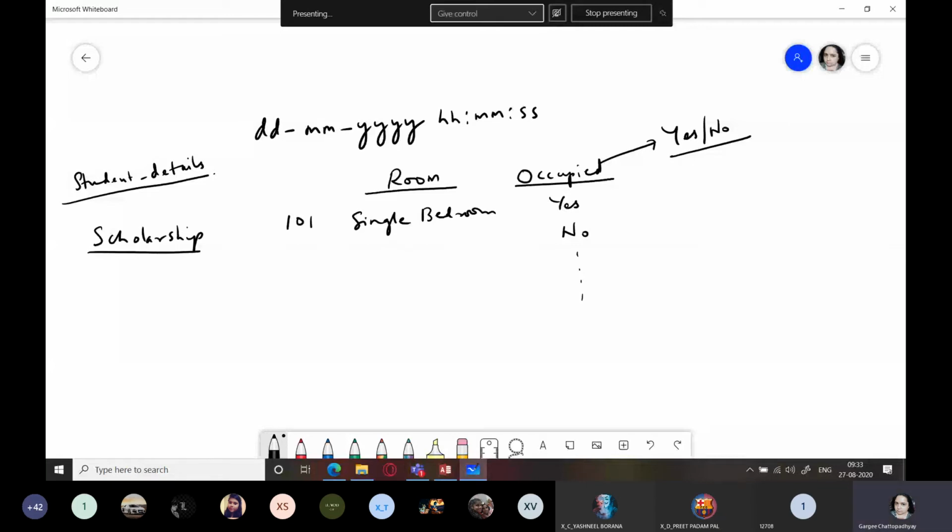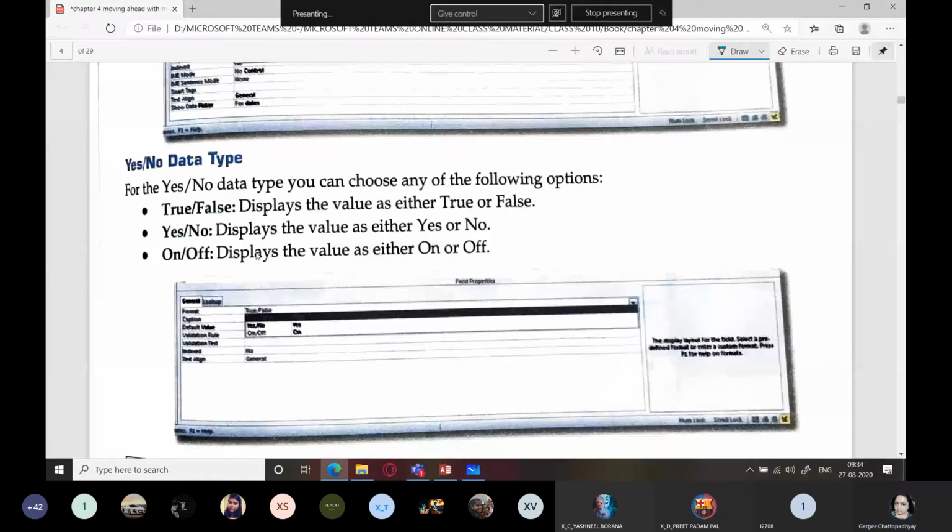Either the student is studying on a scholarship or not. If the student is not studying on a scholarship, it will be no. If the student is studying on a scholarship, it will be yes. So wherever you find no, you will be able to understand that those students are not availing a scholarship. Others are availing a scholarship. So those fields where you need yes or no, they use the yes, no data type.